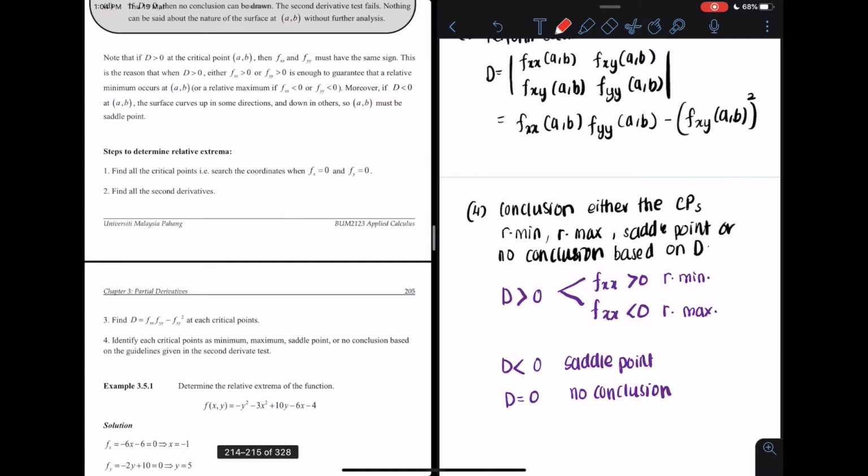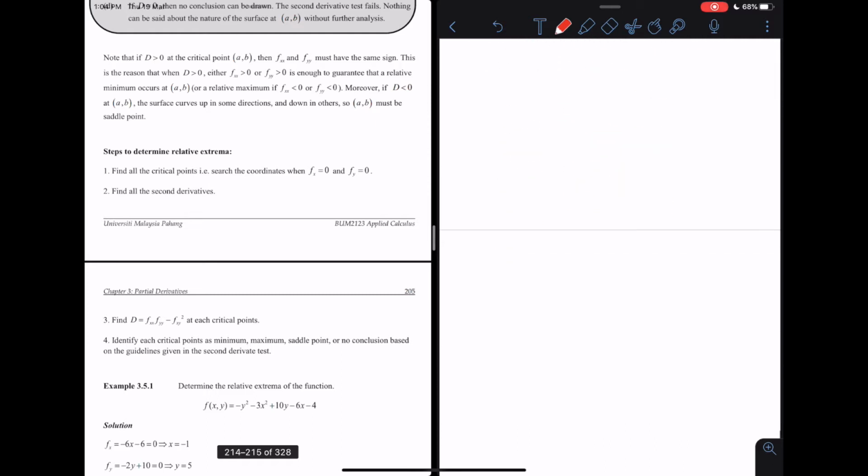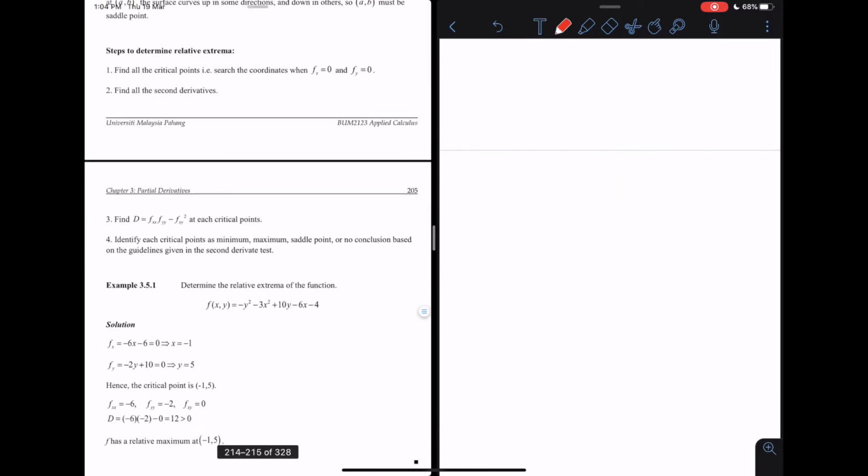And if the value of the second derivative test, right after you substitute the value of the critical point, you get less than 0, which is negative values, you can say that it will give you a saddle point. Meanwhile, if D is equal to 0, you can safely assume that the critical point won't give any conclusion, which is no conclusion. Now, let's take a look at the first example